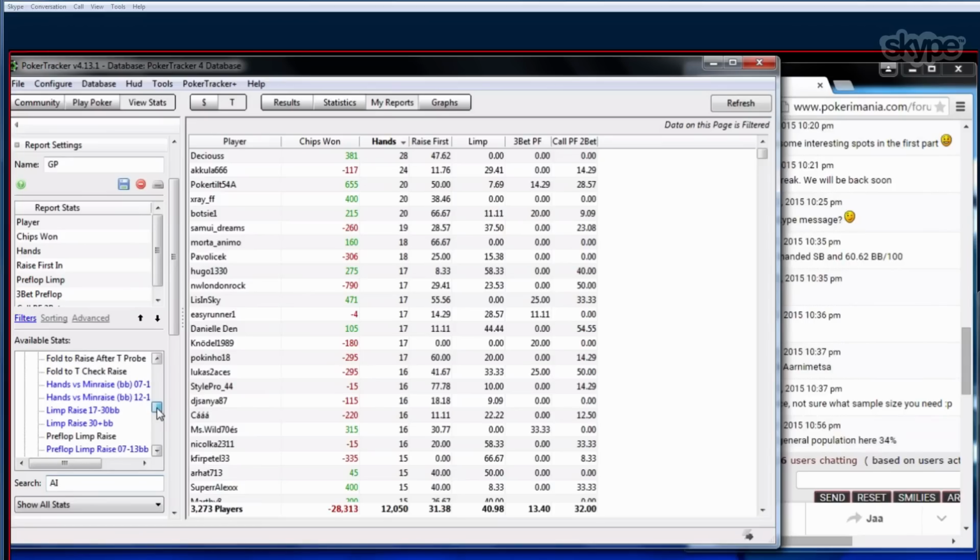Limp raise, hands versus min raise. Nope. There are stats like, does your opponent raise limpers all in or non all in? But we can't find an easy stat on just when the opponent raises, does he do it with an open shove sizing. There are three-bet stats, but there are no 2-bet stats. There should be, but